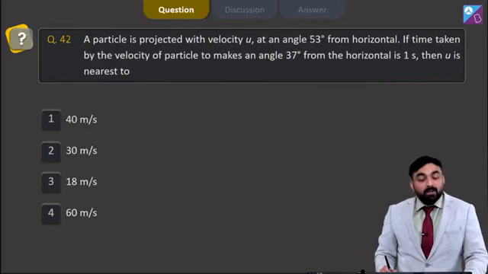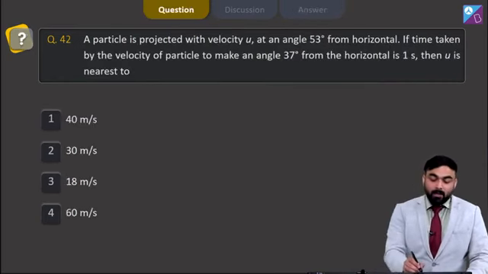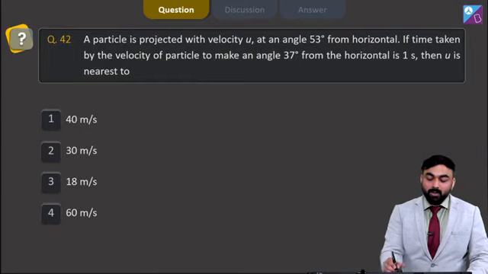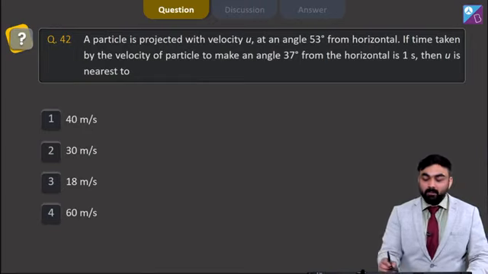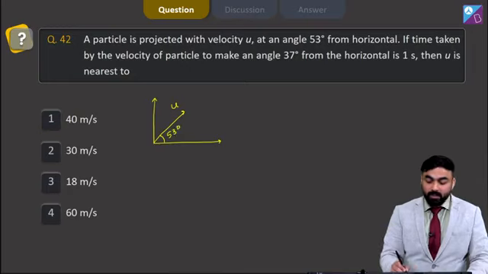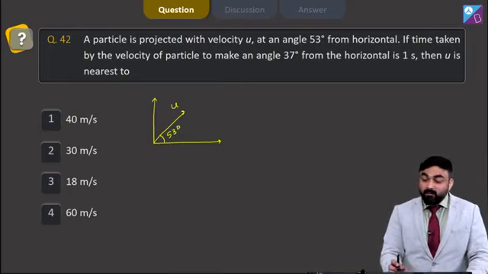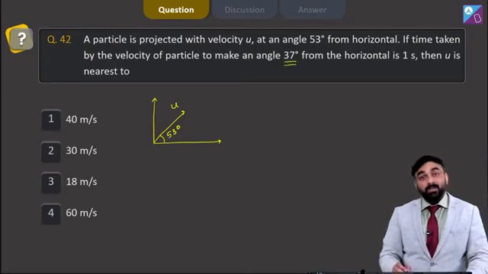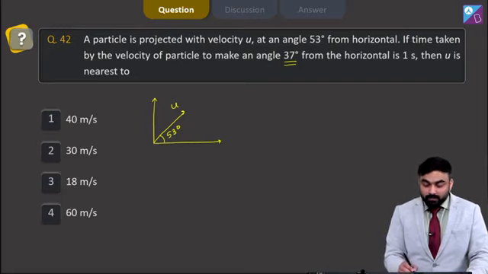Moving on to question number 42, which says, a particle is projected with velocity u at an angle 53 degree from horizontal. So there is a particle that is projected with initial velocity u making an angle 53 degree with the horizontal. If time taken by the velocity of particle to make an angle 37 degree from the horizontal is 1 second, then u is nearest to. So here